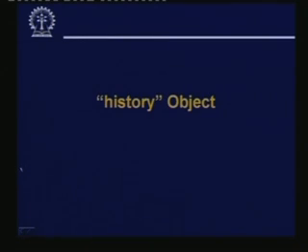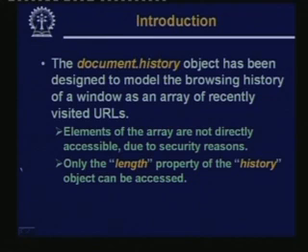Now, the history object you had already seen earlier. The history object is basically used to model the browsing history of a window. It represents what is considered to be an array of recently visited URLs. Now, from a security point of view,